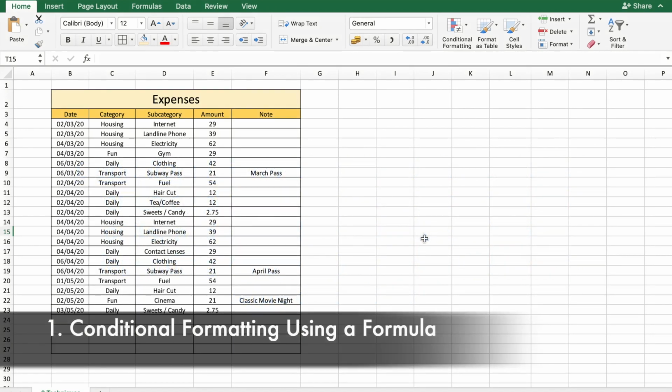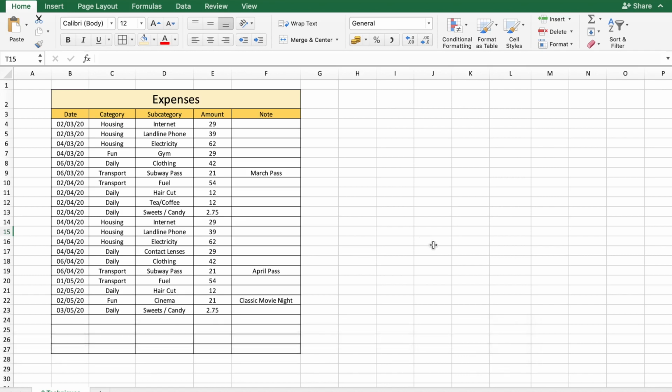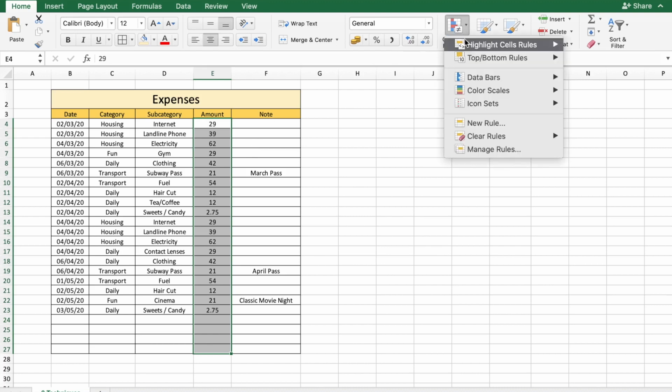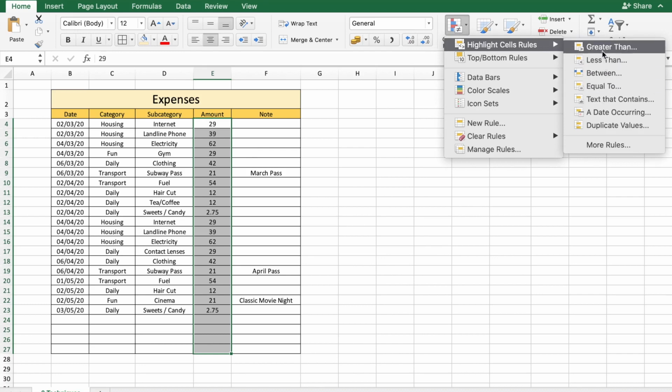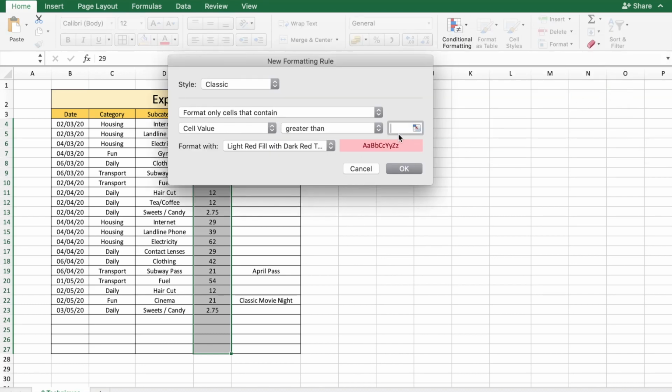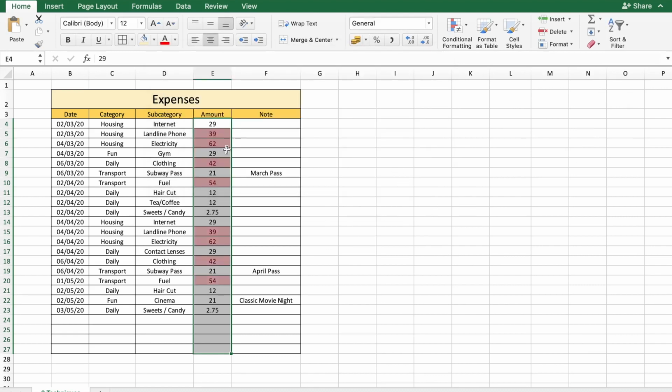The first technique I want to show you is to use a formula to format the cells. Here is an expenses table over a couple of months. Let's say that one wanted to highlight the data of amount based on a value. So, let me just select the cells here in the column E, and let's say that I wanted to highlight all the values which are above 30. So I can go to conditional formatting, go to the highlight cell rules and say greater than 30 and say OK, and there you go. I have all the values which are greater than 30.